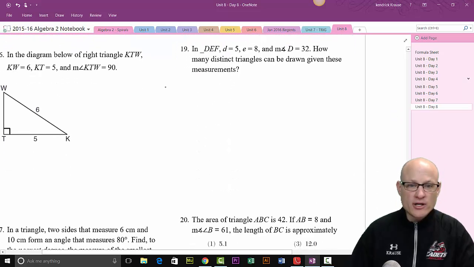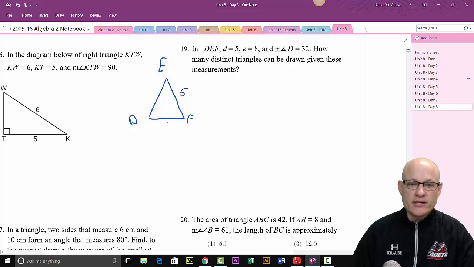You guys love my rings. Little d is 5. Little e is 8. Isn't there a little e like a rapper? Little e. I'm like little e. And this is 32. So we're going to do 5 over the sine of 32 is equal to 8 over